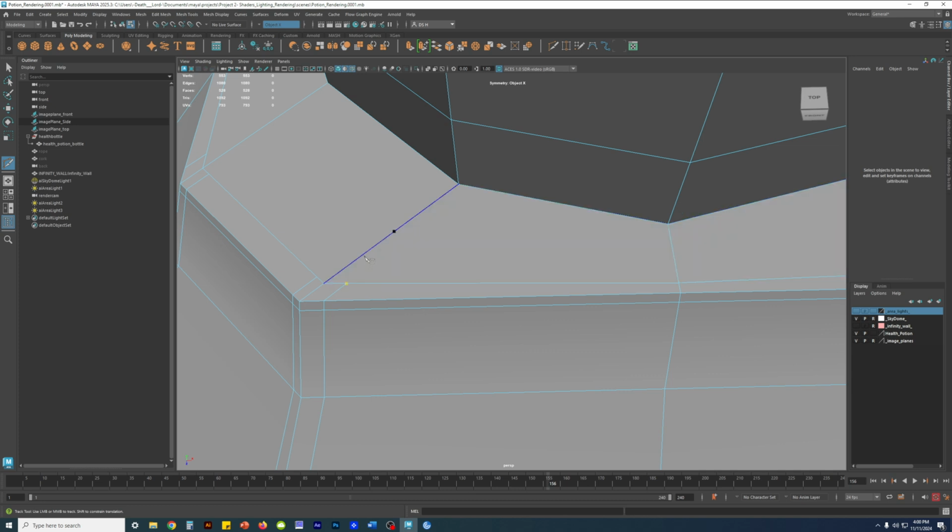If I hold shift, you notice that if I hover my mouse over here, it makes a black dot, right? If I hover my mouse over here, it makes another black dot. This black dot means it's right in the middle between here and here. That's right in the middle. So I'm gonna just click it there, 50%. You probably saw that